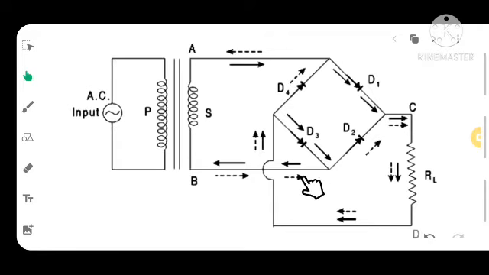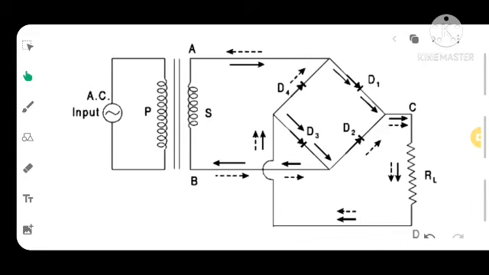Now here in this circuit, you can see we are applying a sinusoidal waveform of approximately 230 volt, 50 hertz, and we step it down by using a step down transformer, as you can see here. It is the transformer part. You can see that the number of turns on the primary side is greater than the number of turns on the secondary side. What does it mean? Why is it so?